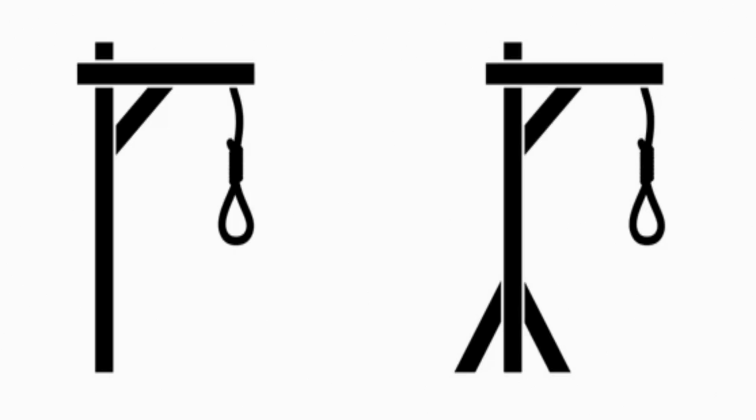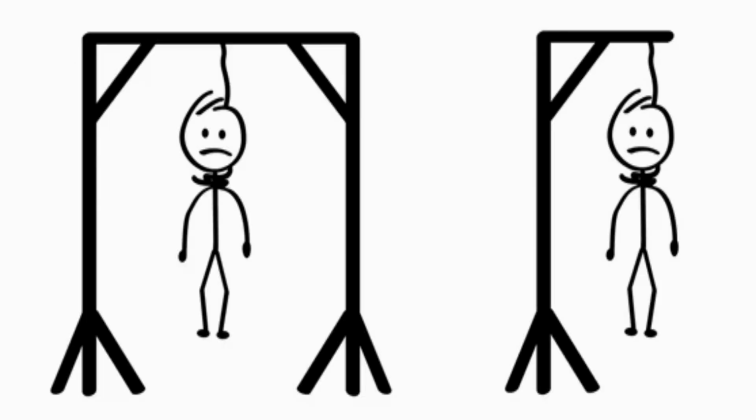Hanging. Historically widespread, it gained prominence in the modern era as a seemingly quick method when performed as a long drop. The science involved calculating the precise drop distance to cause instantaneous fracture of the cervical vertebrae, severing the spinal cord, leading to immediate unconsciousness and rapid death. A short drop could result in slow strangulation.